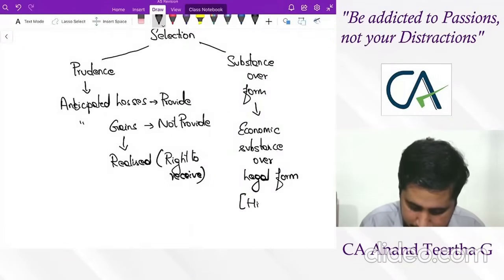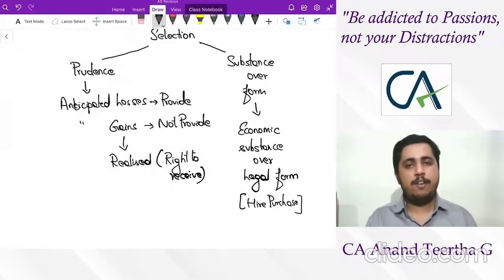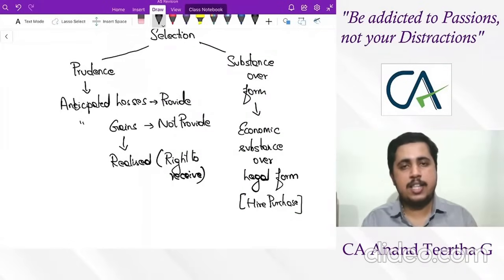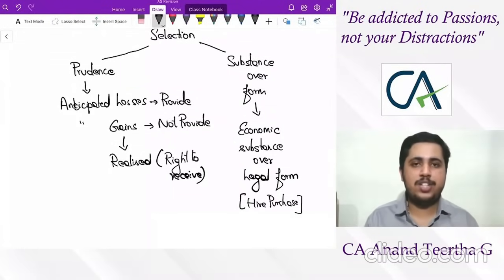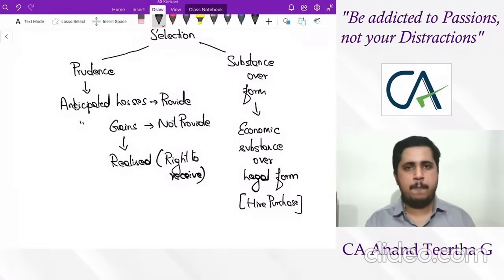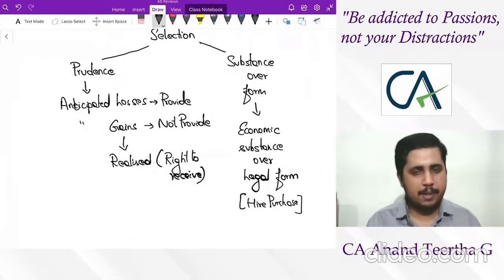So if you remember hire purchase, which is again a part of your first group chapters itself, even though the vendor is the actual legal owner of the asset, since the value derivation is made by the purchaser throughout the life, it is shown as asset in the books of purchaser itself. So asset involved in the hire purchase agreement is shown in hire purchaser's books. Why? Substance over form. So even though legal owner is someone, the value derivation is done by the other person. Consider that person for the purpose of accounting. So that is covered under substance over form.